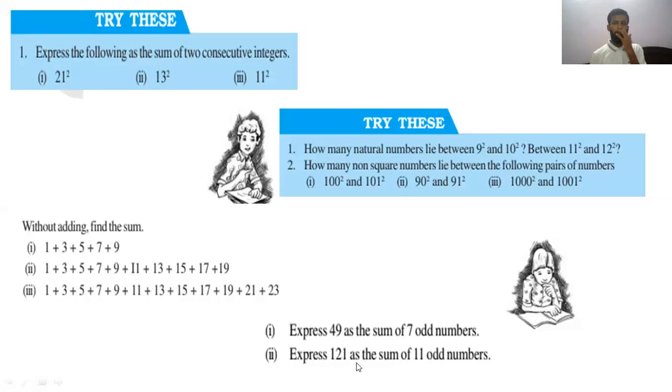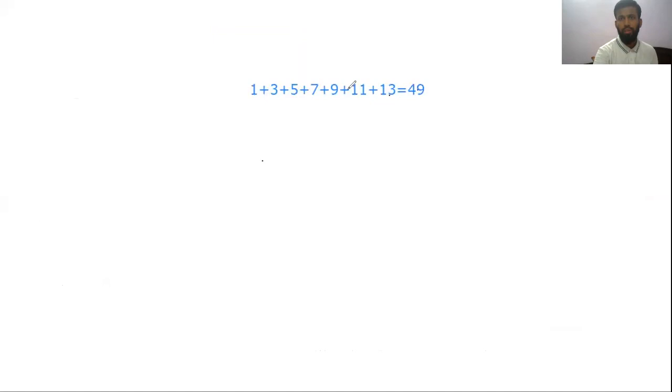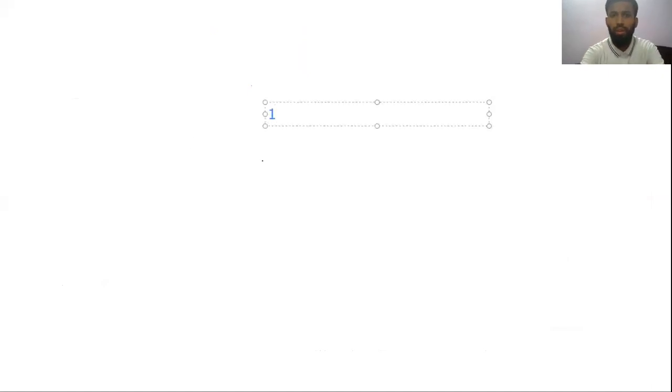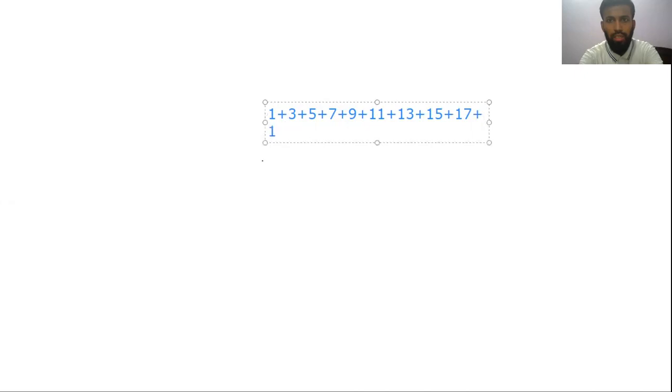सिमिलरली इस क्वेश्चन की बात करें, लास्ट क्वेश्चन ऑफ द लास्ट स्लाइड फॉर टुडे, 121 को 11, रिमेंबर 11 स्क्वायर इज 121। तो इसको हम कैसे लिख सकते हैं। तो बस इसमें 11 नंबर ले लेंगे, तो कितना हो जाएगा, 1 प्लस 3 प्लस 5 प्लस 7 प्लस 9 प्लस 11 प्लस 13 प्लस 15 प्लस 17, राइट, प्लस 19 प्लस 21, 11 होगा क्या ये? 1 2 3 4 5 6 7 8 9 10 11, यस।